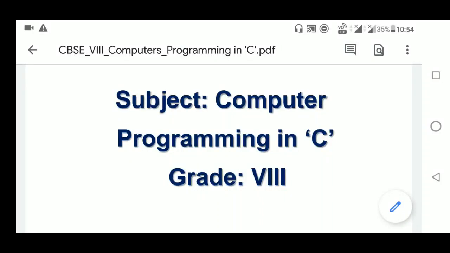Hello students, our topic today is programming in C. As we all know, in the previous class we learned the basic introduction of C programming, including the basic structure of the C language and the basic commands, by which we were able to make programs that give instructions to the computer, and the computer completes the particular task by executing these commands. In this chapter we are going to learn the advanced part of the C language. So let's start the chapter.